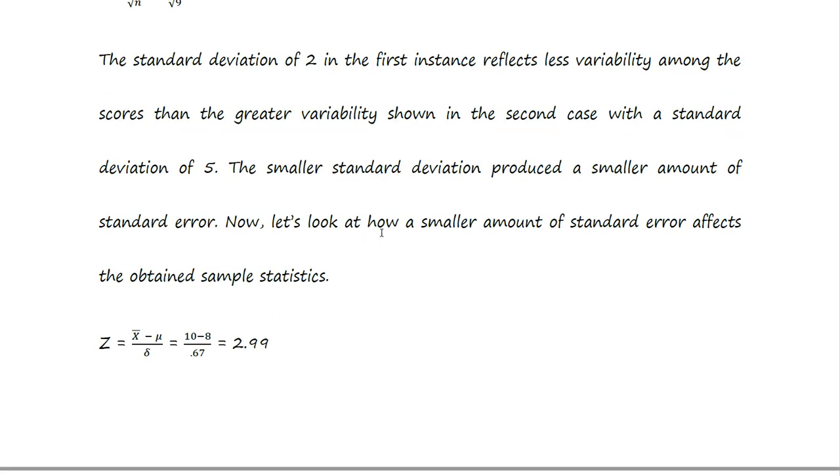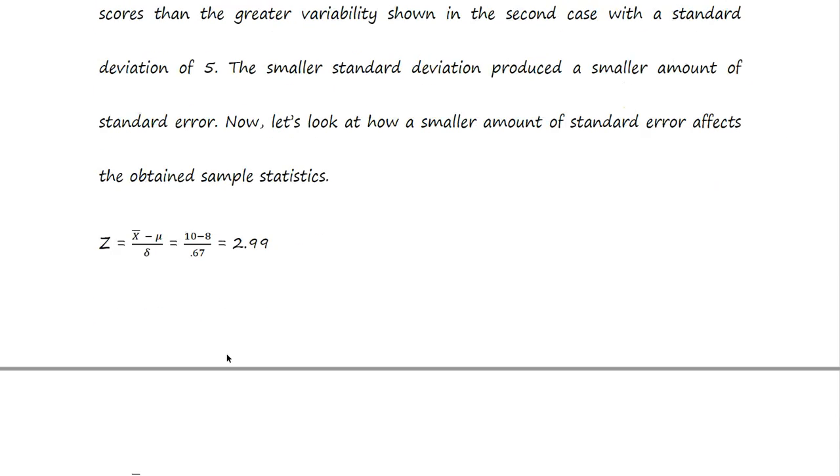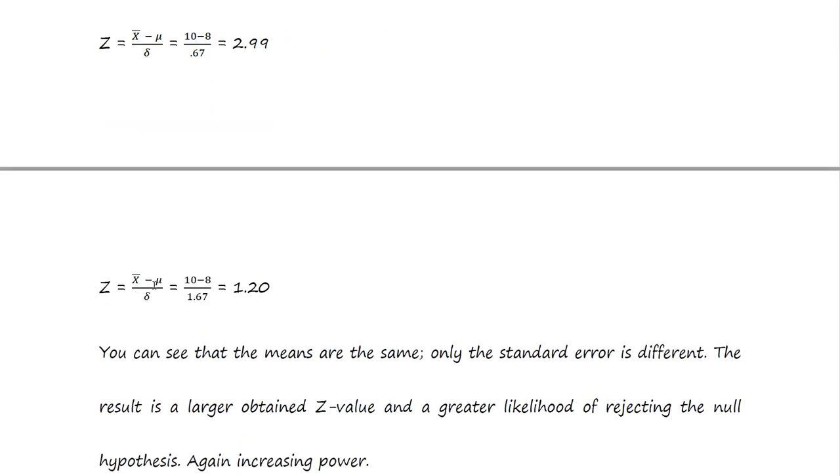Now let's look at how a smaller amount of standard error affects the obtained sample statistics. So here is the formula of the z statistic. Z is equal to x bar minus mu over sigma. Here x bar is the sample mean, which is 10, and mu is the population mean, which is 8, over 0.67, which gives 2.99. For the second case, z is equal to x bar minus mu, 10 minus 8 over 1.67, which is 1.20. So we have a larger value of z here, 2.99,